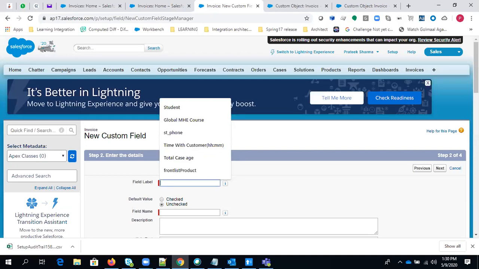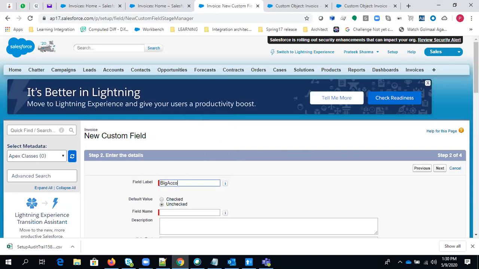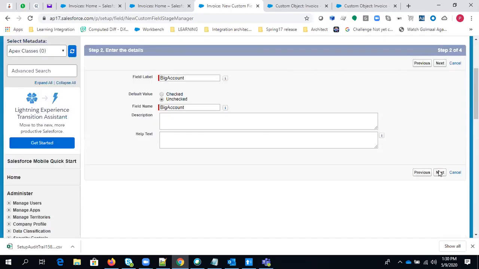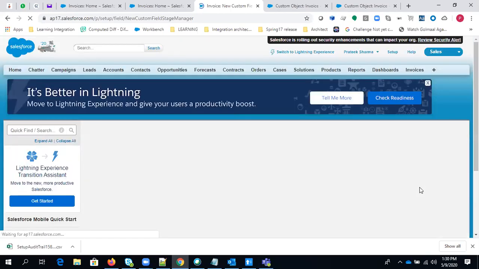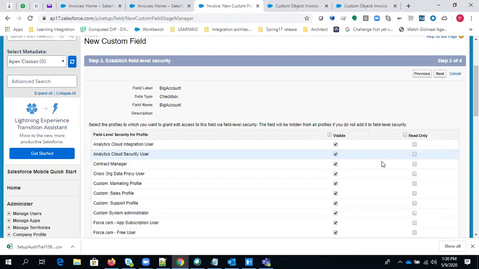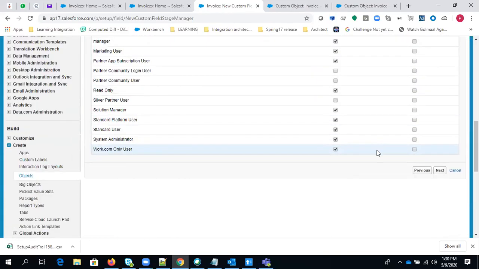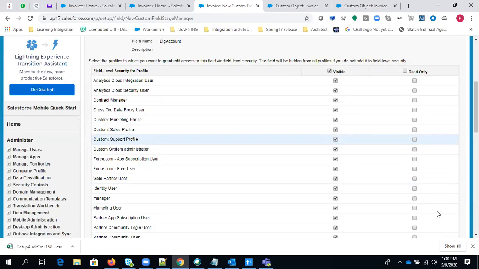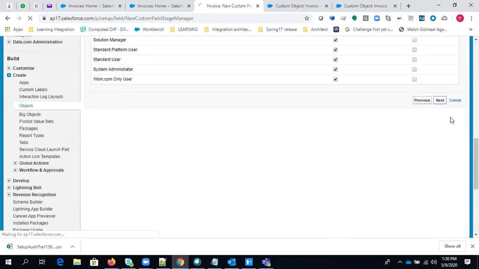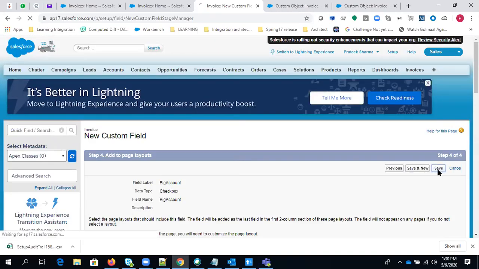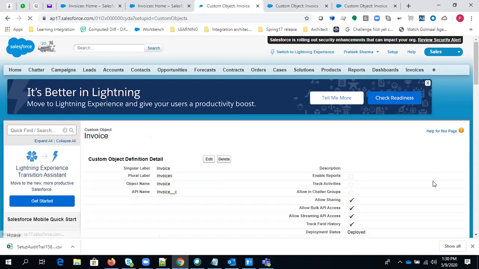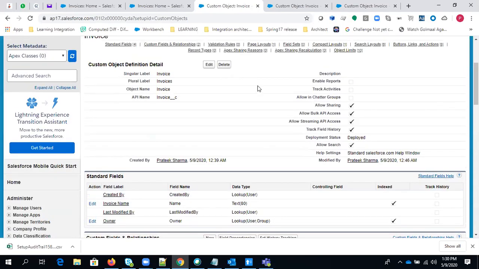I'm just giving the name as big account, right? Making it unchecked by default. Next. Here you can make it visible for all the profiles, and next, and save. I'm adding it to the page layout as well. So we have created this big account field.